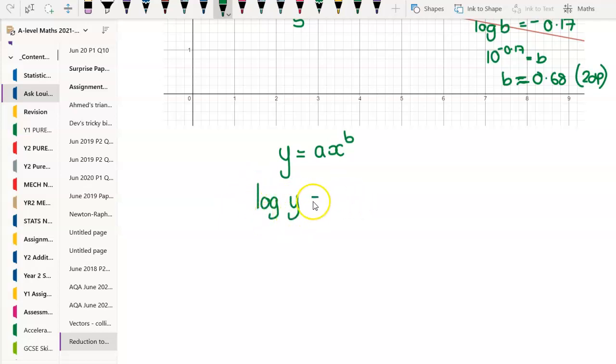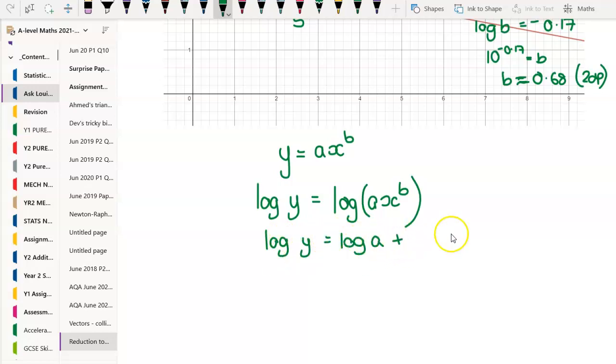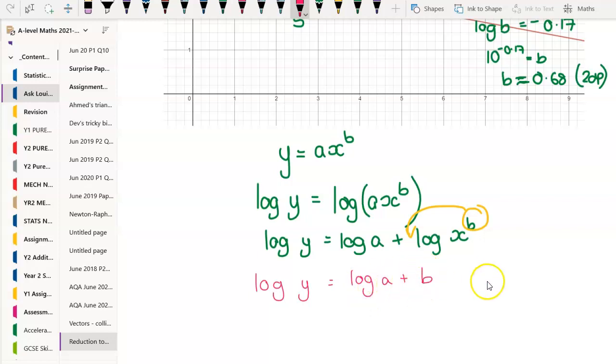So when you take logs of both sides, you'd get this. Split that second log up into log a plus log x to the power b. Bring your b forward. And that would give you log y equals log a plus b log x. So now when we compare this with y equals mx plus c, I'm just rearranging the order here